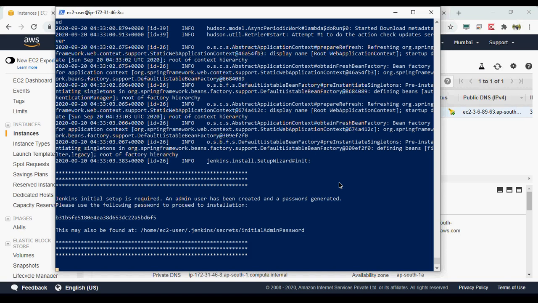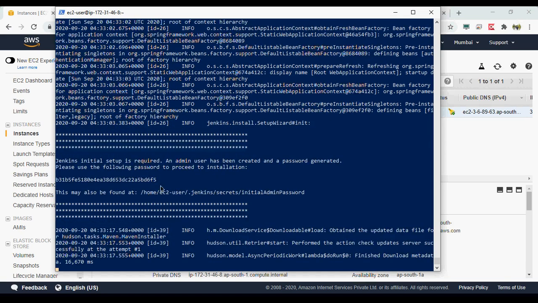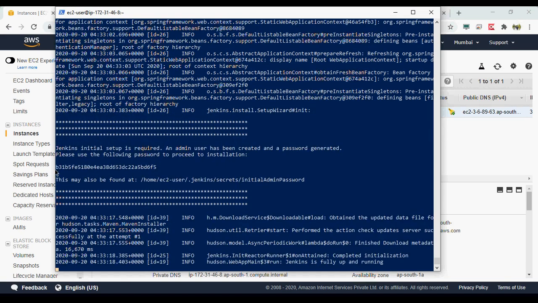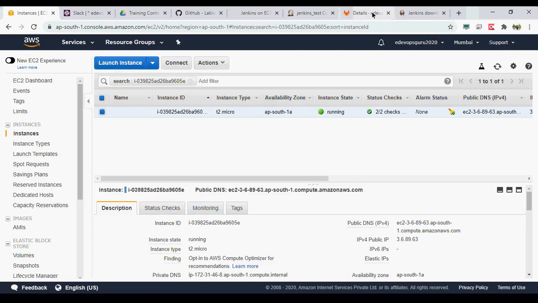Okay. Now, as we saw, a default admin user password is temporarily generated. You can find that in the logs, or you can also find it at this particular path. So we will just copy it from here. Make sure you copy the correct one, otherwise by default a space is also copied. Okay, now it says Jenkins is fully up and running. We can just go and access our Jenkins.